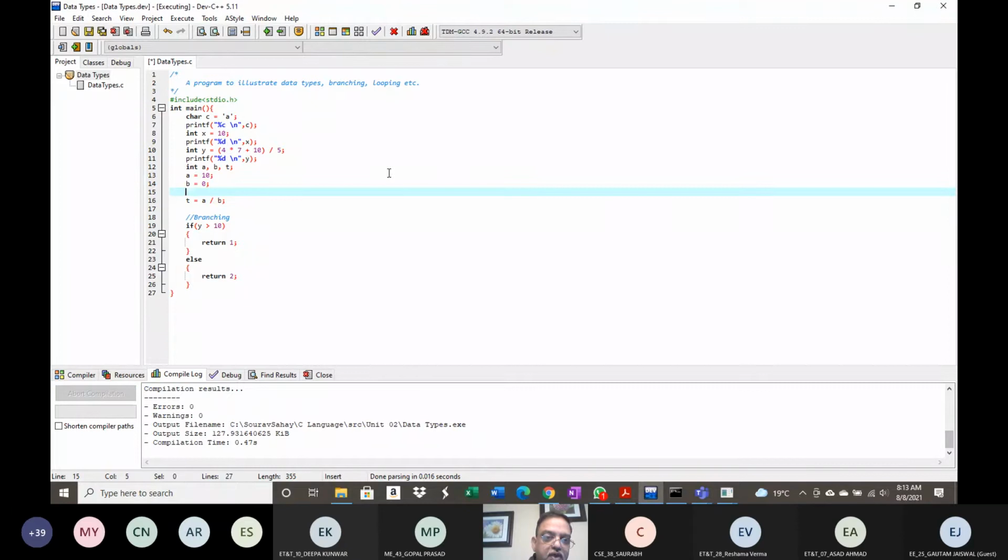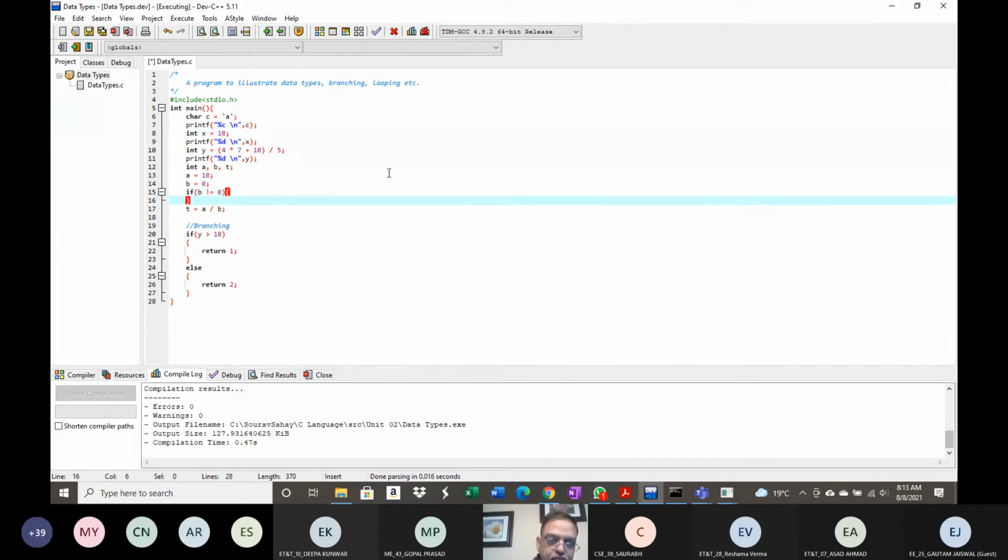So here, ideally, we should write like this: if, and then you perform the division.